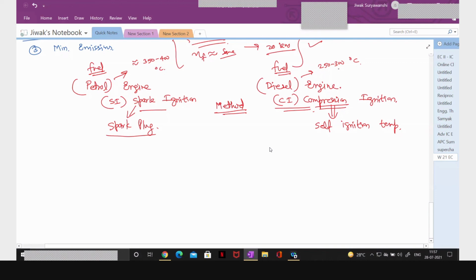So this fuel will not burn at a lower temperature than this. So that means first you have to achieve this temperature inside the cylinder. Then only you can burn that fuel. Similarly, if you take the example of lighting a candle, then you have to hold that matchstick there for a certain time so that it reaches a particular temperature. Then only that candle will light. In a similar way, you have to do this.